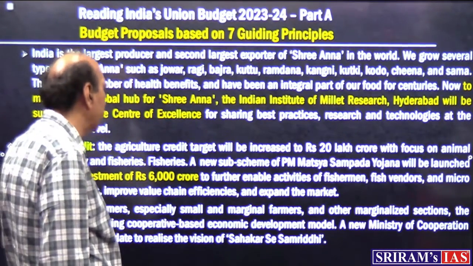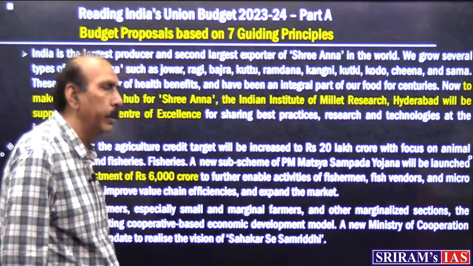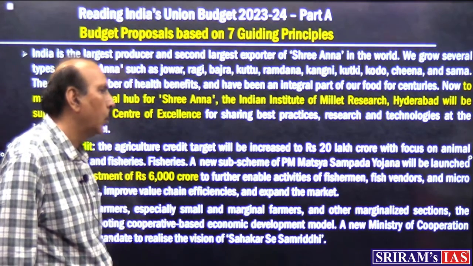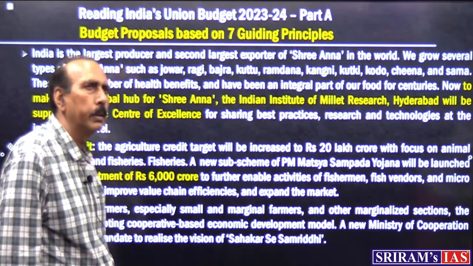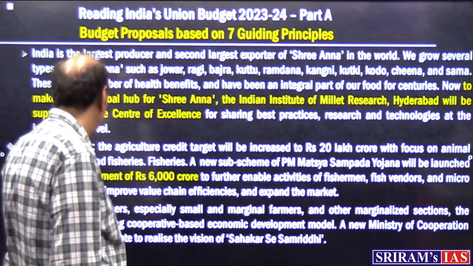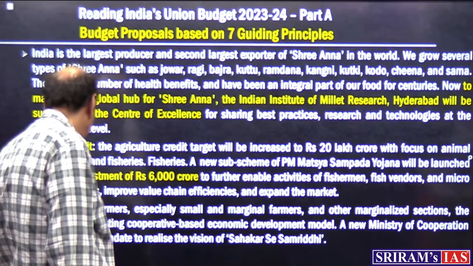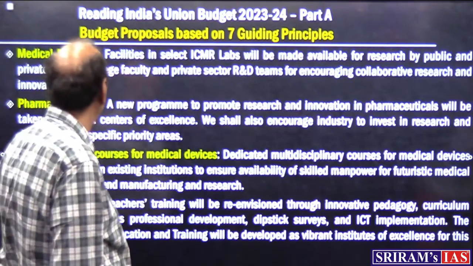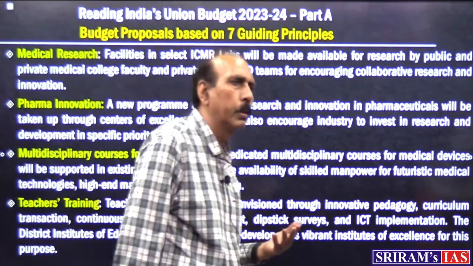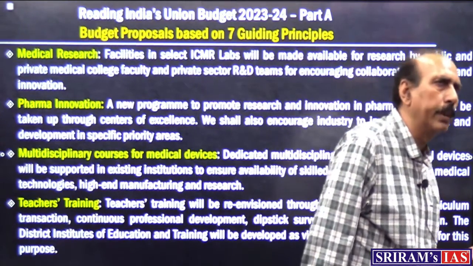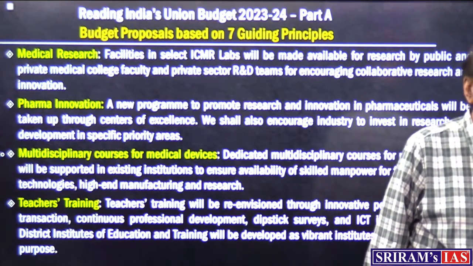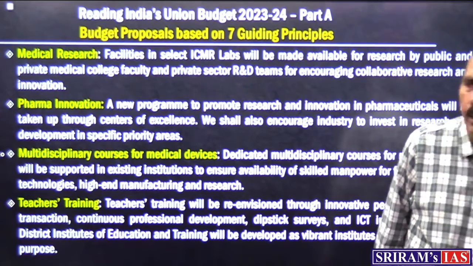And under the Pradhan Mantri Matsya Sampada scheme, a sub-scheme will be launched with the allocation of 6,000 crore to further provide support to the fishermen, fish vendors, and other micro and small enterprises. The cooperation will be developed, as we know that we have already set up a separate ministry for cooperation, and this ministry is already taking a lot of measures for promotion of cooperation in agriculture as well as non-agriculture